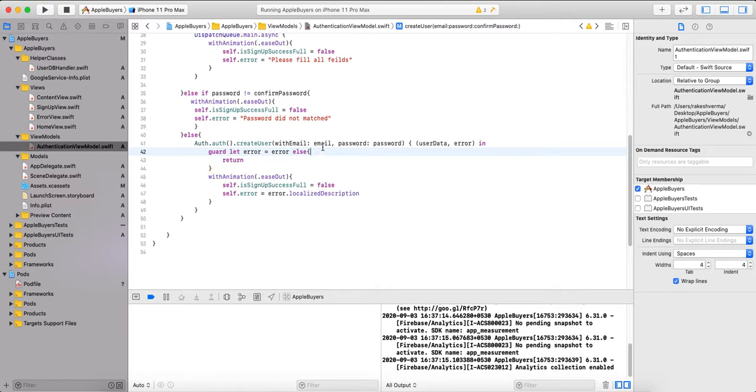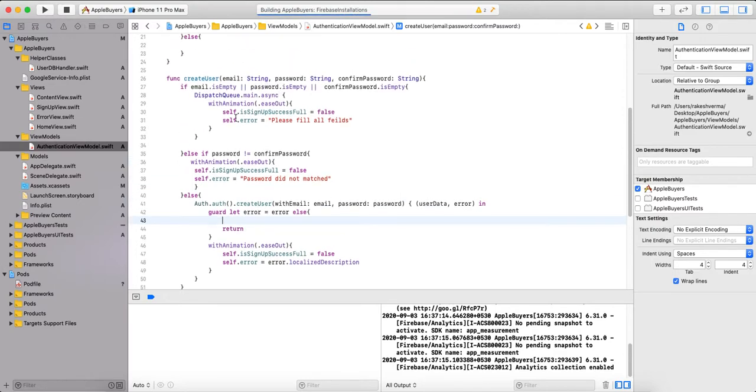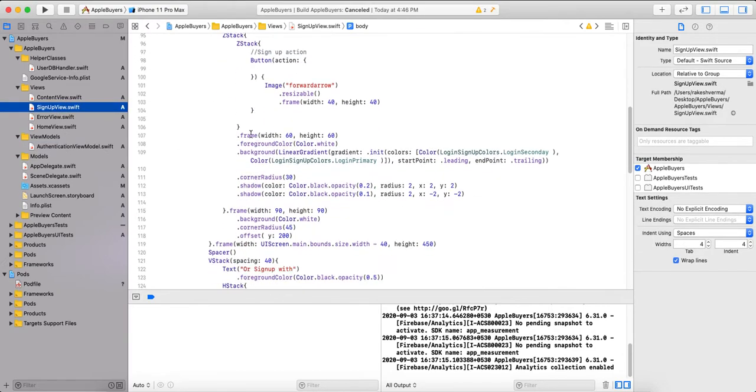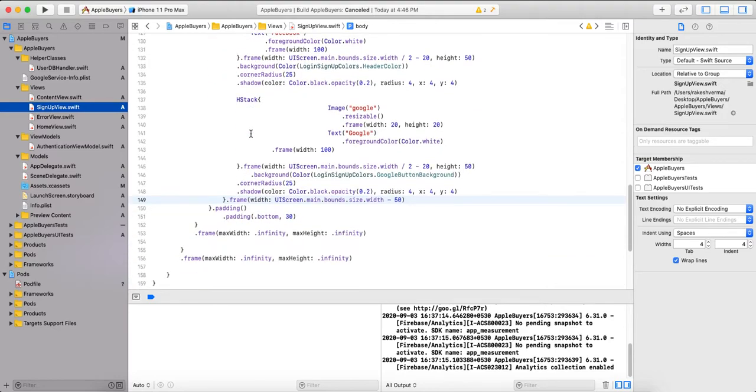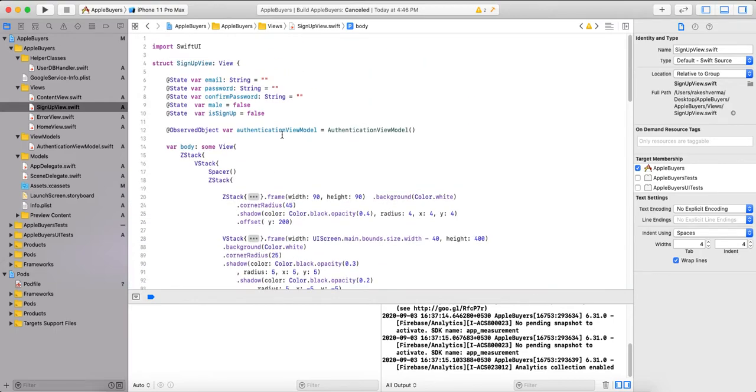Otherwise, what we want is to go to the login screen if it is successful. Then let's run this code for now. For now we have created only a create user function, but now we have to call this create user function here for the sign up screen. We have already taken a view model here,